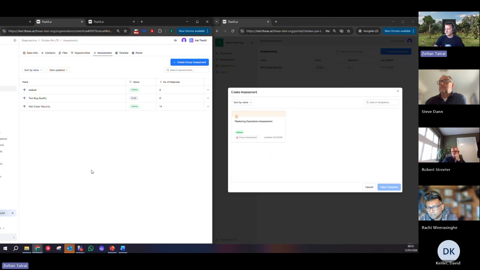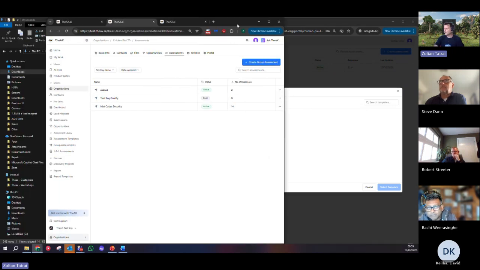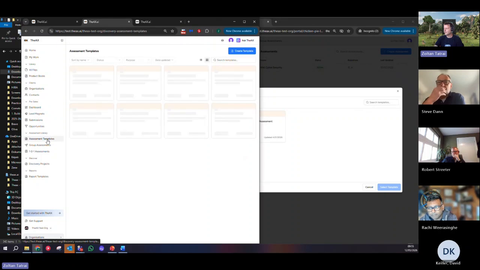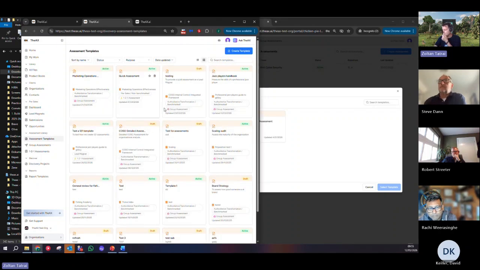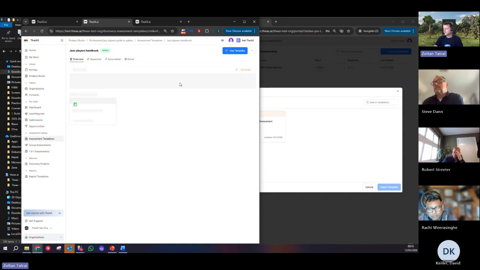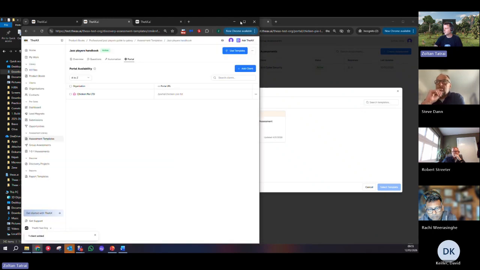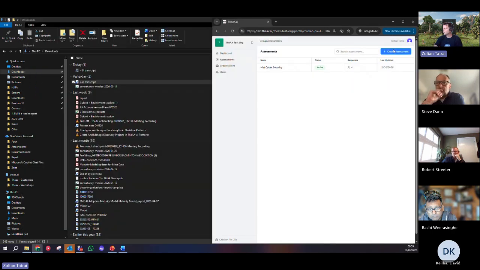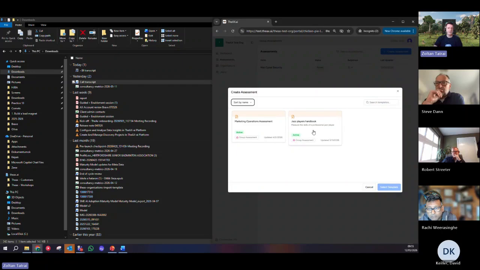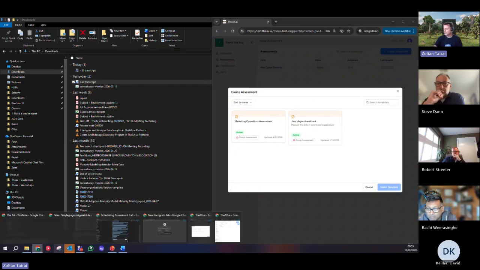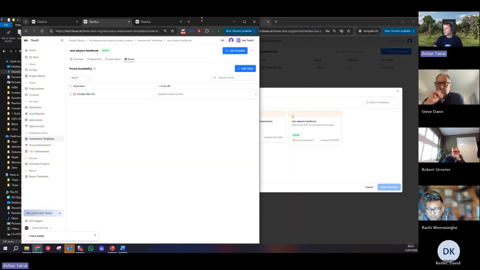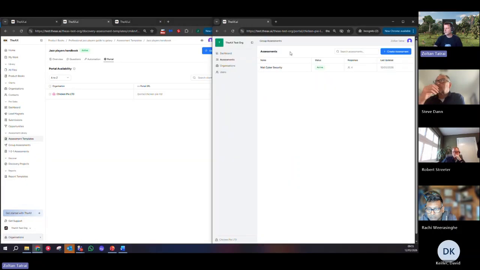But the limitation is still controlled by the consultant, because what the consultant can say for each assessment template is, for example, that Jazz Player's Handbook is something I will offer through the portal to this guy. And if I add that template to this guy's repository, then when he wants to start a new assessment, he has the Jazz Player's Handbook as well. So I have direct control on what this guy can do and how he can do that, but I can give him the chance to actually check the assessments, run the assessments, and even more so,